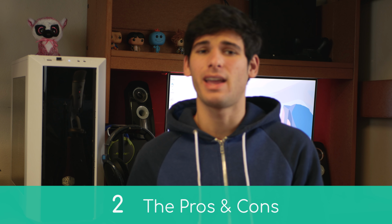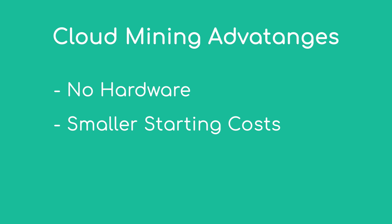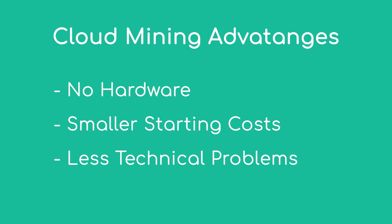So what are the advantages and disadvantages to cloud mining? Well, here are some advantages. You don't have to worry about hardware if that's something you don't enjoy working with. You can typically get involved with much smaller starting costs, but this depends on what service you go with. And you don't have to worry about electricity, heat, and any other issues which typically come up when you're mining